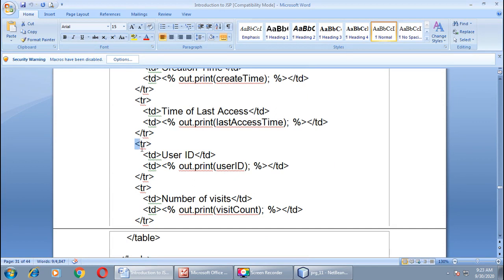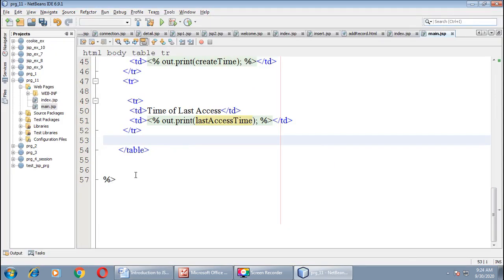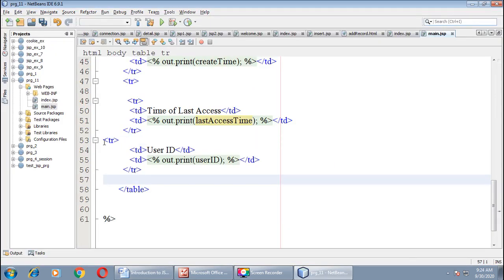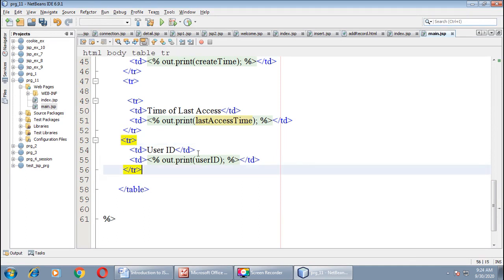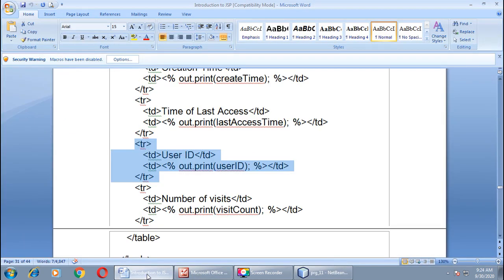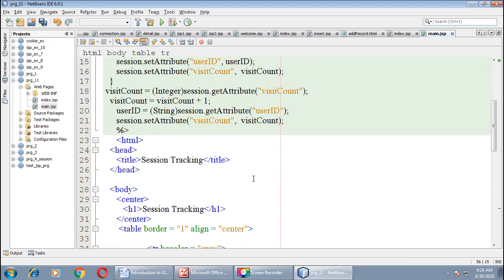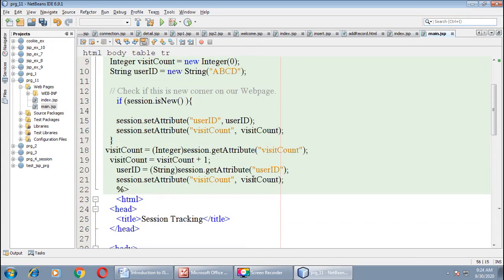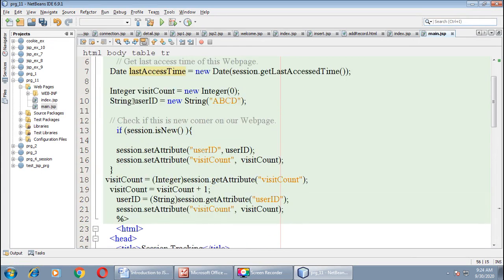Then in the next tr we want to print the user id. What is in user id? Let us see. Here, if you remember, user id is ABCD, the name assigned for this user.